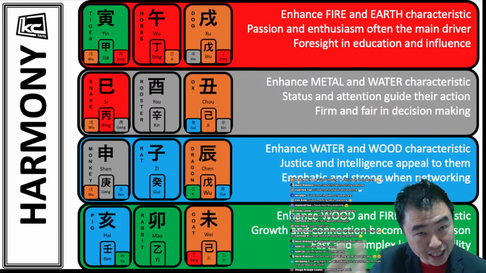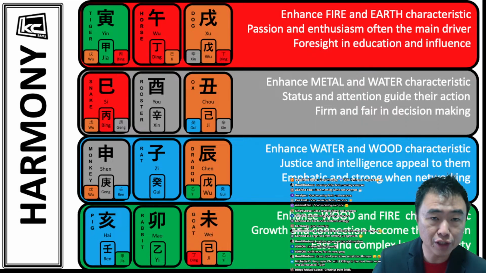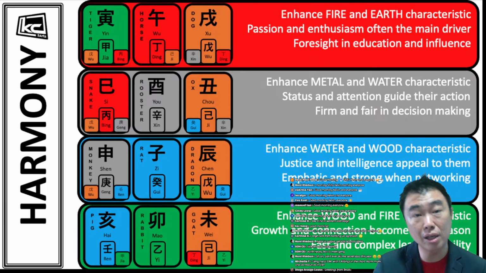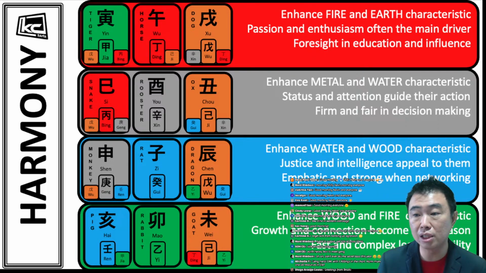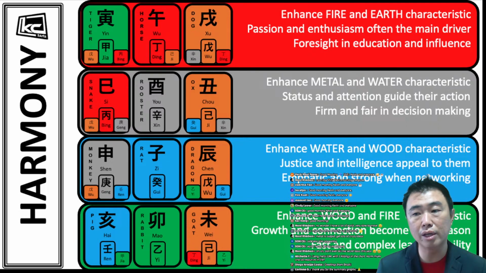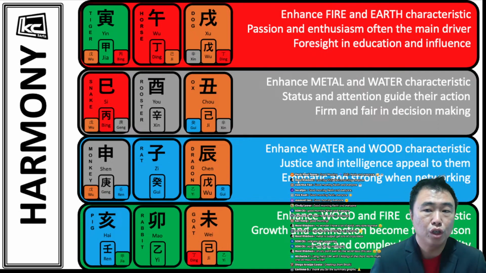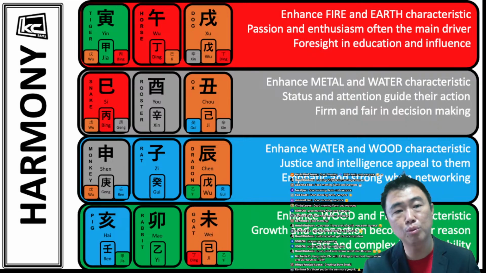Now from the energetic point of view, it's because it's a fire frame. Fire frame talks about passion, enthusiasm. That's what fire is, passion, enthusiasm. So it allows that foresight in education and also in influence. Why education? Wood belongs to education. Metal, which is the dog, belongs to influence. So can you see that education and influence come together to basically give you enthusiastic foresight? People who have the fire frame are usually good teachers, more inspiring as teachers.